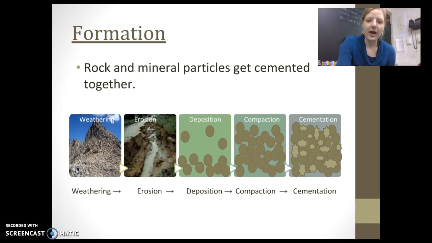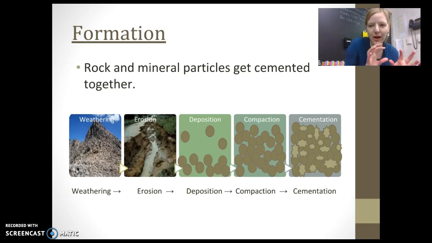You might need to write a description or draw a little picture if you can't remember what these mean though. So the first step is weathering. Weathering of rock has absolutely nothing to do with the weather outside. You know, it's not rain or snow or 80 degrees. That's completely different. When we're talking about earth science, weathering is referring to